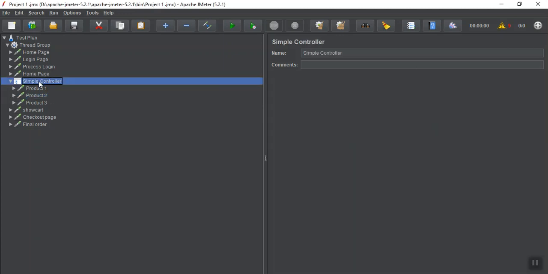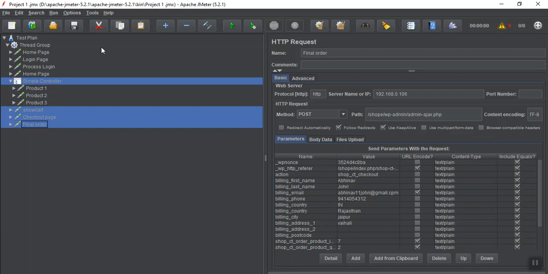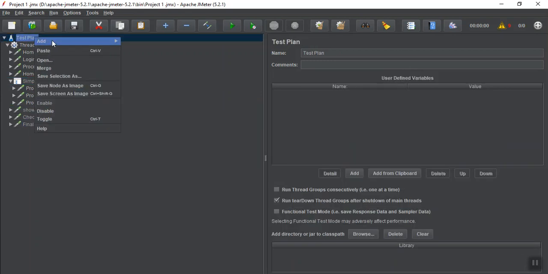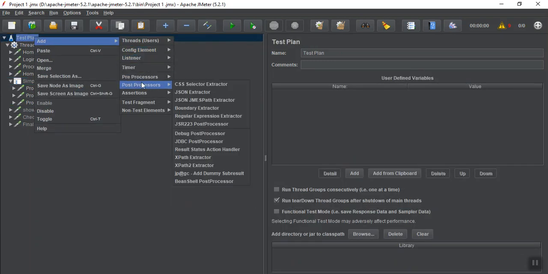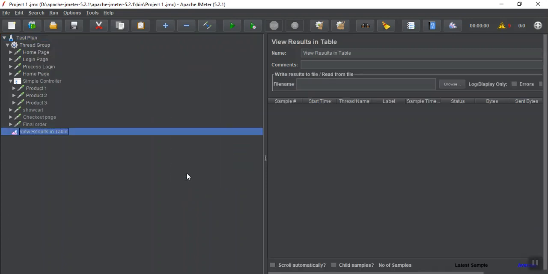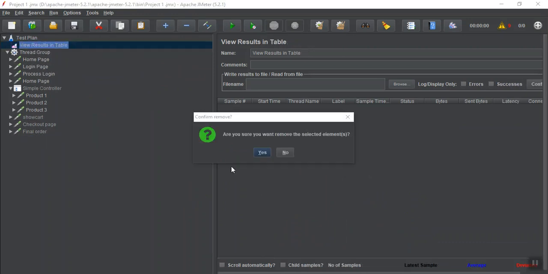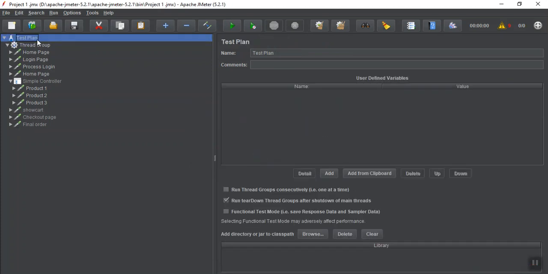See, these are very important things. So what I do, I just toggle them, disable them, and add a new listener. Okay, view result tree listener. I have kept it here and let's run it and see the results. Sorry, add view result tree, not view result table. Add a listener.